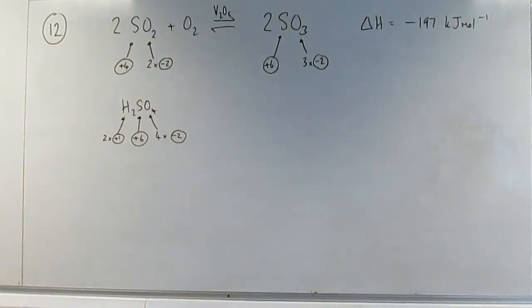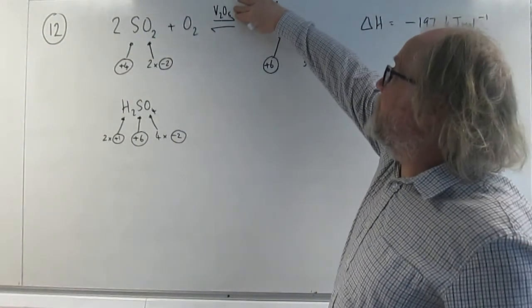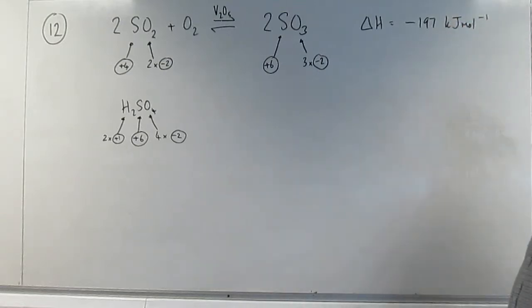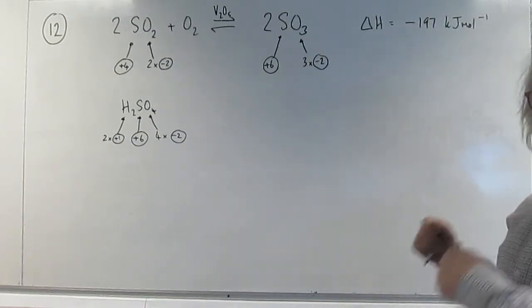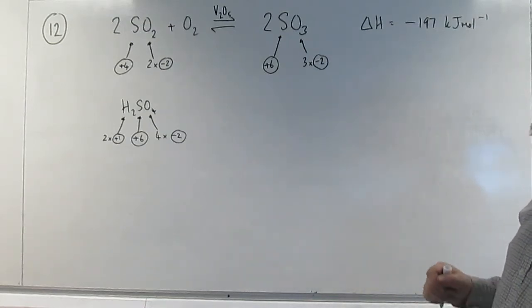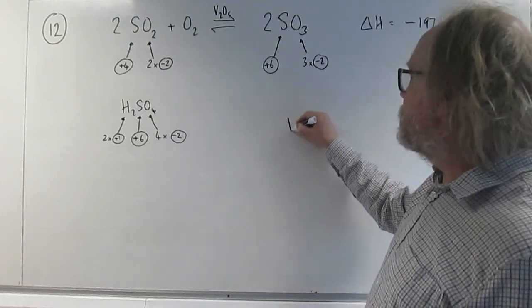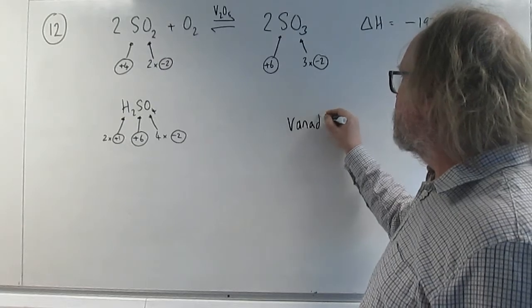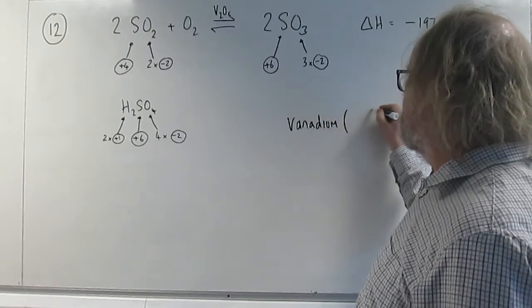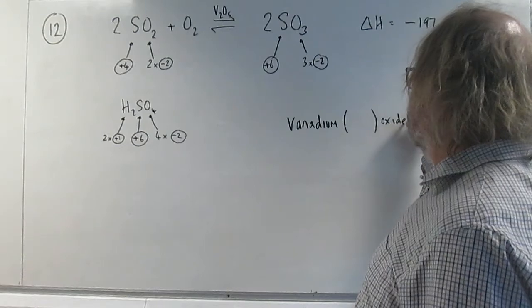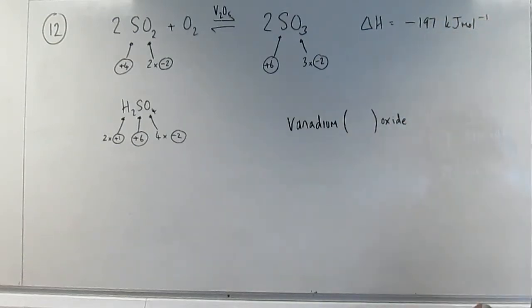And then it tells us that the catalyst for this reaction is V2O5, and it asks us for the systematic name of that. So the issue there is that vanadium is a D-block element, and remember that D-block elements in general can have different oxidation states in compounds, so you can't just call it vanadium oxide, because that would be ambiguous. So it's going to be called vanadium something oxide,